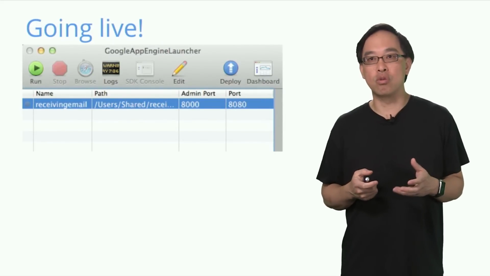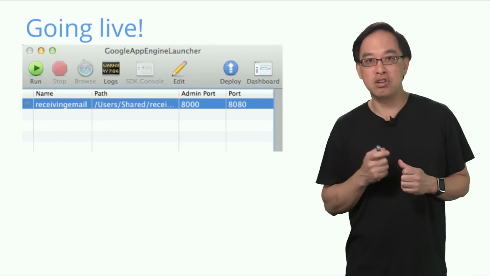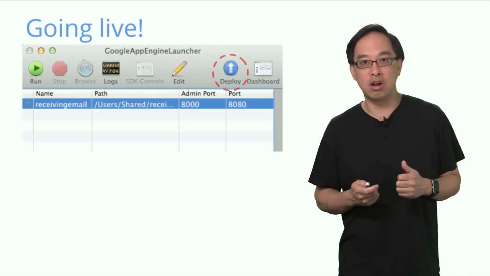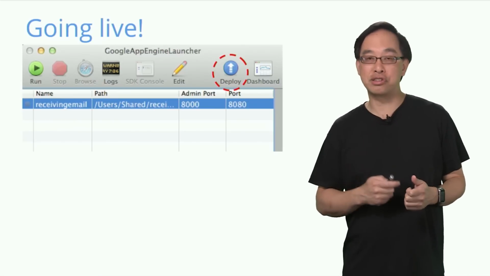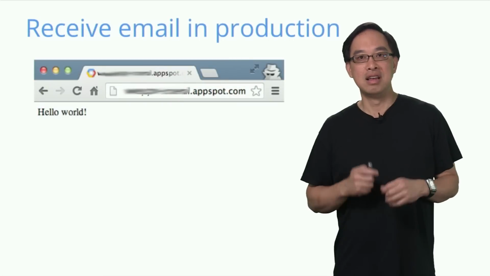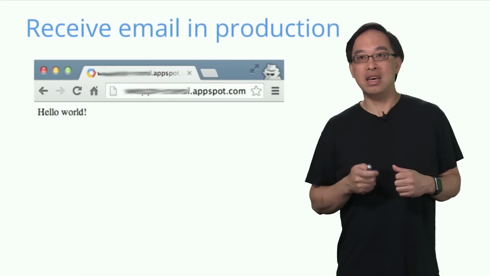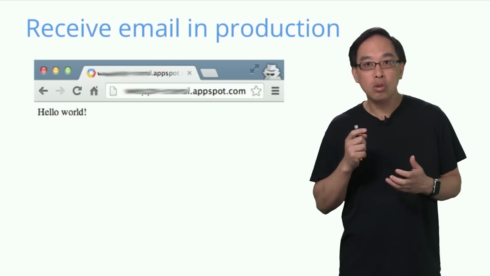Running this live in production requires only a few more steps. Make sure you've got that unique ID plugged into your app.yaml file, then go to the launcher and click deploy to send your code to Google after authenticating. Or you can also use the command line tool. Once the app's uploaded, check that it's up by going to the Hello World page in the browser, just like we did for the dev server, only you'll be pointing at